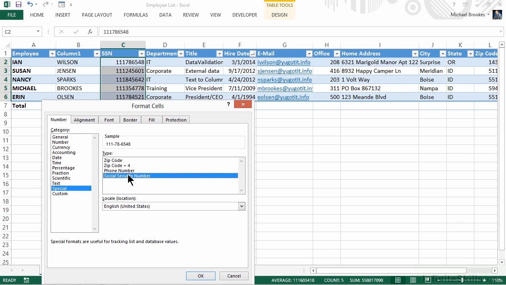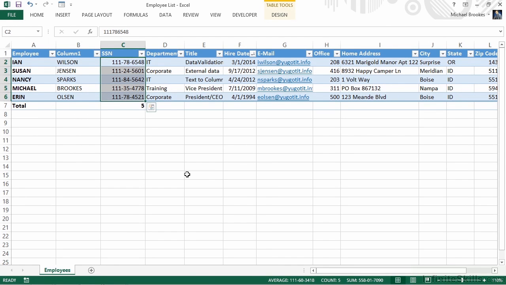Social Security number is one of those, so we'll select that and click OK at the bottom of the window. That easily, the dashes that split the 3-2-4 are instantly applied. That's a whole lot faster than having to type them on your own, and we don't have any typographical errors. Zip codes and phone numbers are other perfect types of contact information that work very well